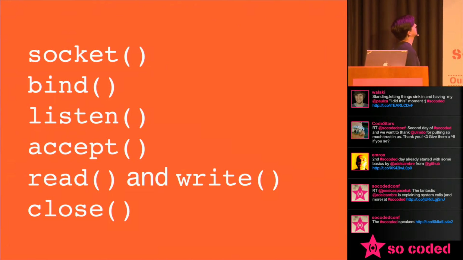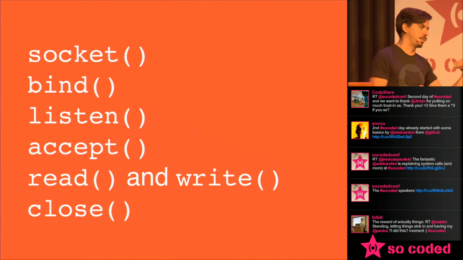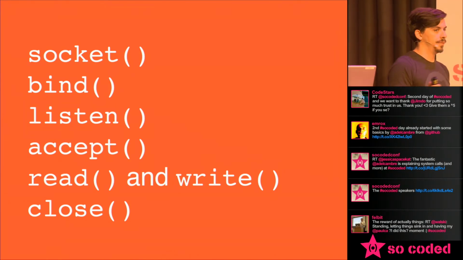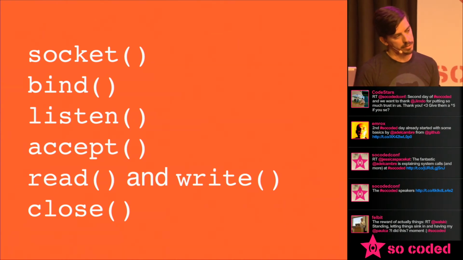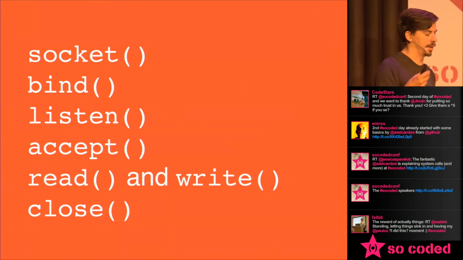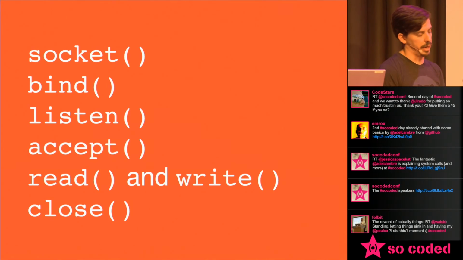The bind syscall takes that socket and binds it to a port and an address in the kernel. So this is where the kernel associates which incoming port goes to which socket that you're listening on. Even after you bind it, you're not ready for incoming connections. You have to make the listen syscall, which turns that socket into a passive mode listening socket where it can accept incoming connections.